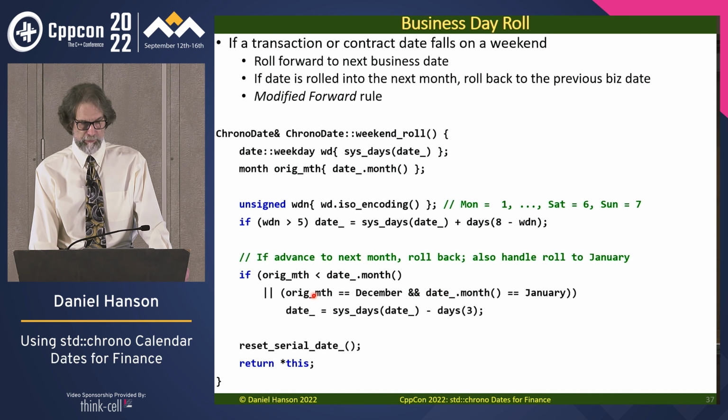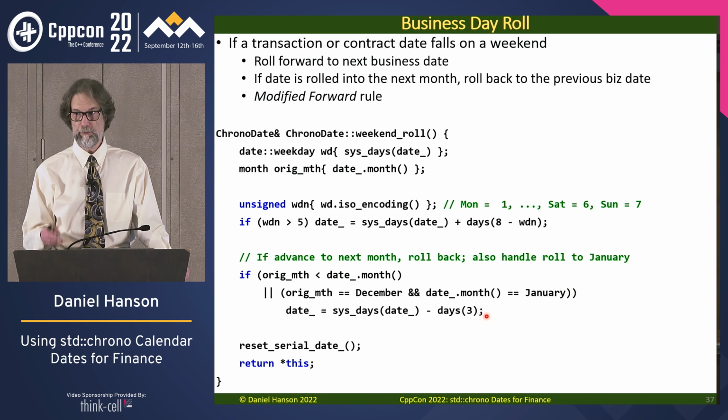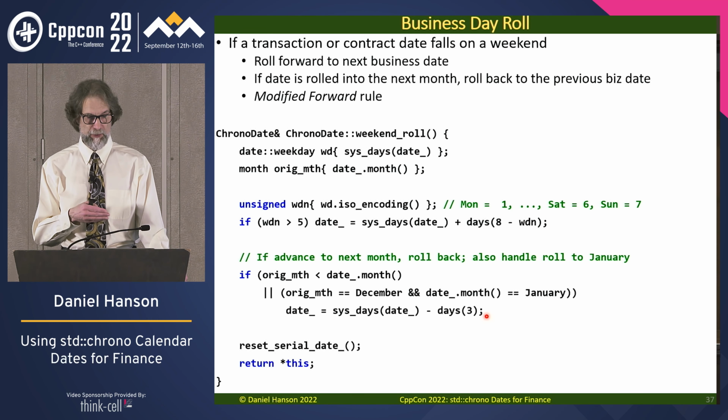The other thing that you need to check is because January is 1 and December is 12, the inequality here won't apply. So we need to check this as a special case. And if this happens, then we just roll back from the Monday that we've rolled to the previous Friday. This will work for